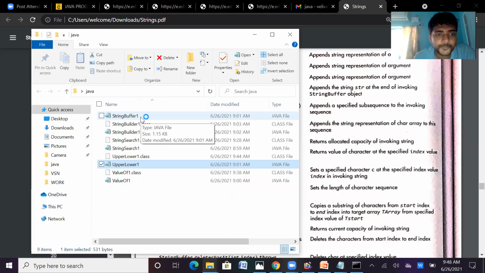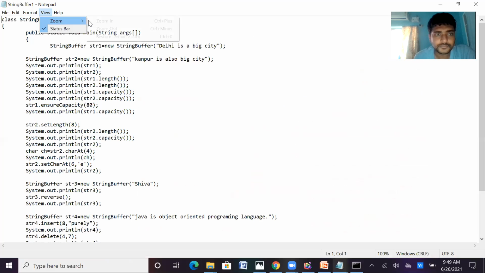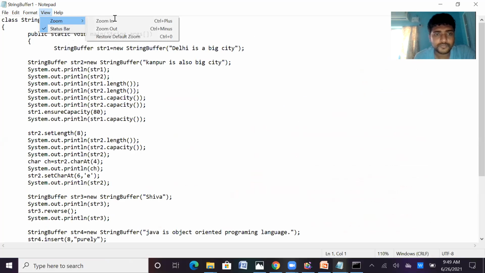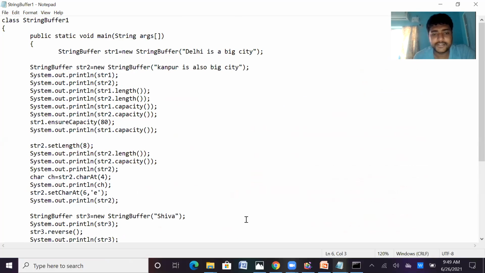String buffer. So let us see this example. Now we are studying about the string buffer methods.